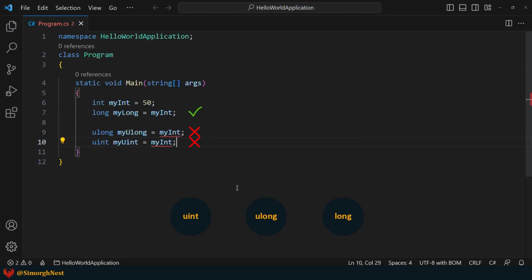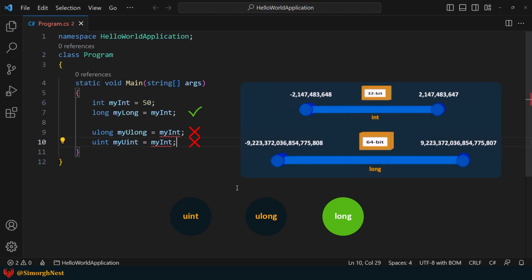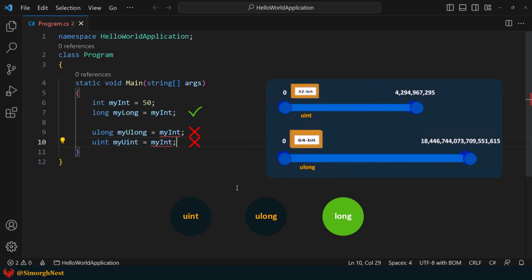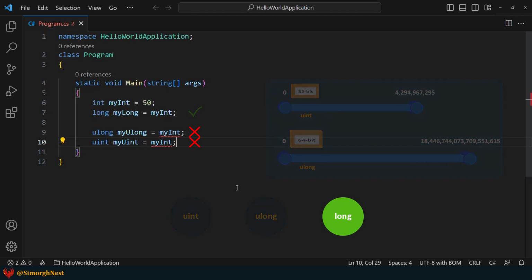As you can see, we can only do implicit casting from int to long because the long can represent a larger range of values than an int. And on the other hand, because uint and ulong cannot represent negative values, our code in these two lines is highlighted in red.